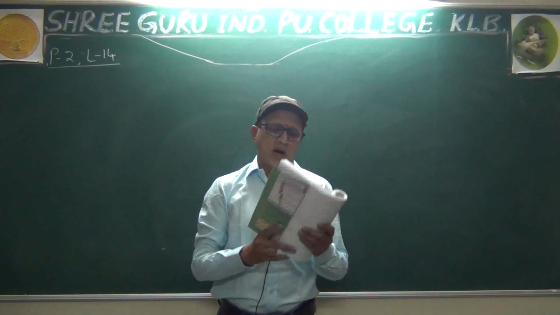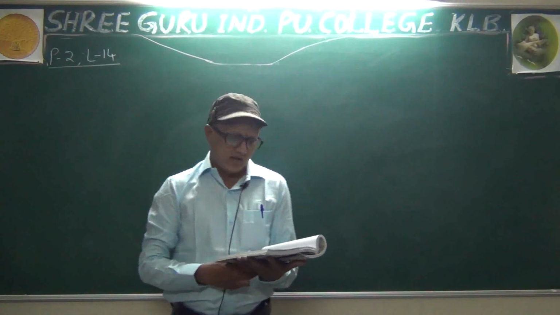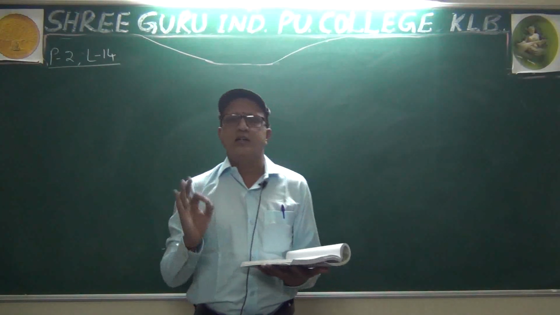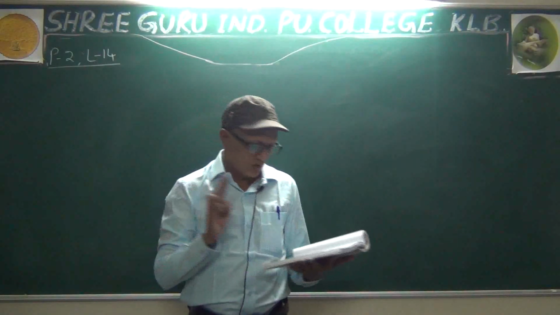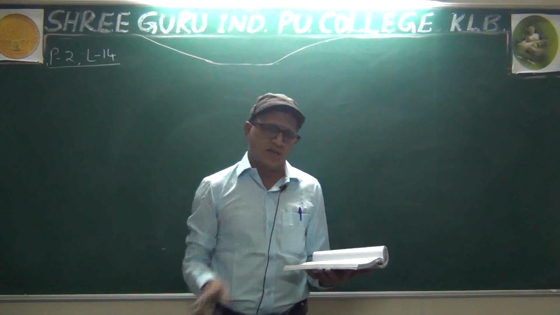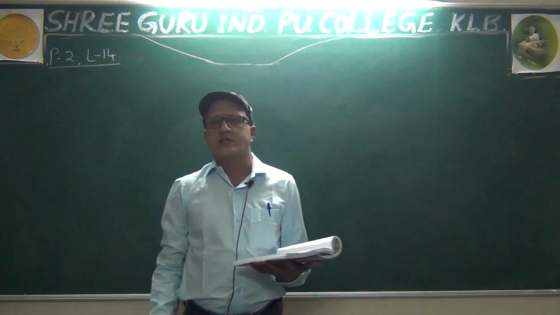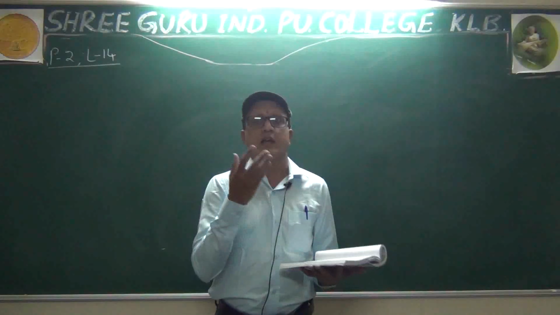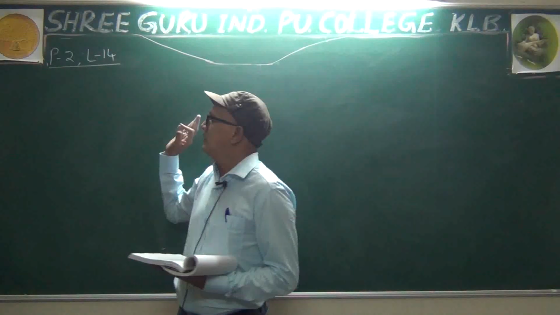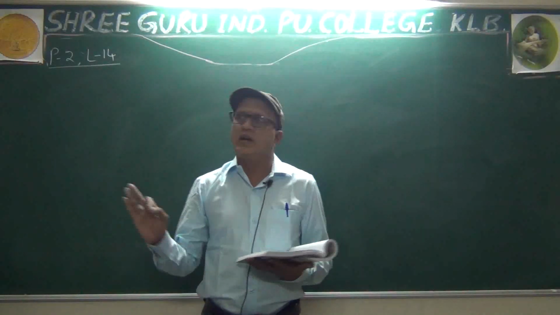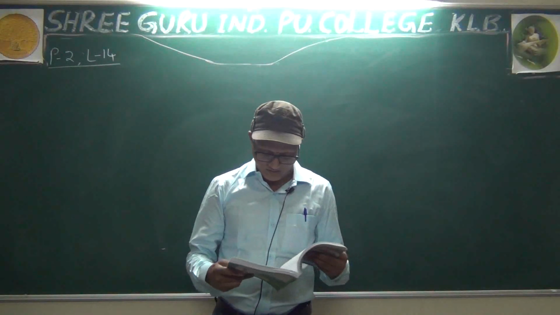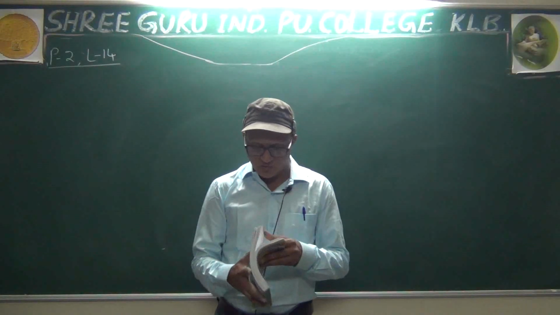Exercise 3.4, questions number 15, 16 and 17 are 3 by 3. Those questions are not necessary. 3 by 3 matrices, elementary operation, not necessary. Questions will be on 2 by 2 matrices only, on 2 by 2 matrices only they ask, right? So now let us go to the next one.